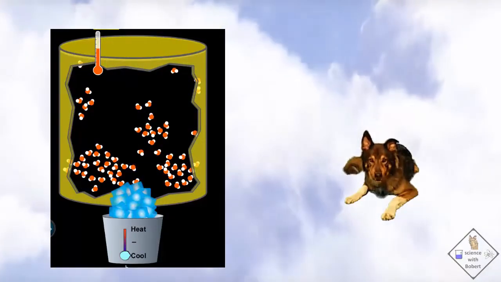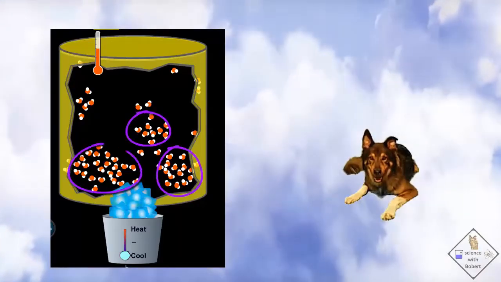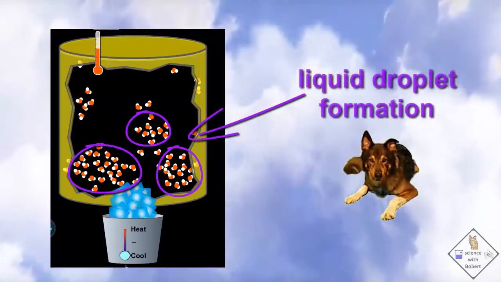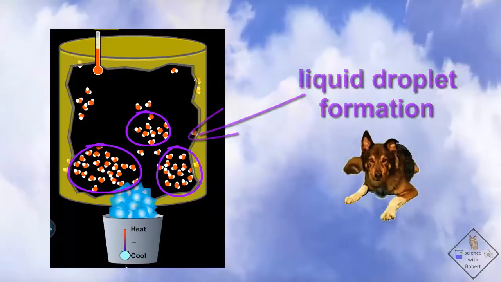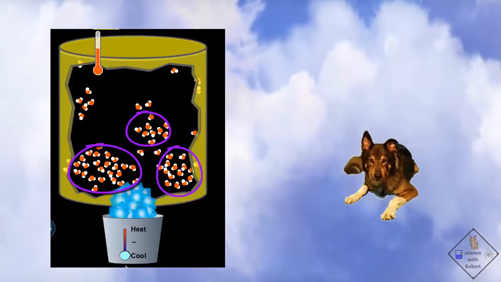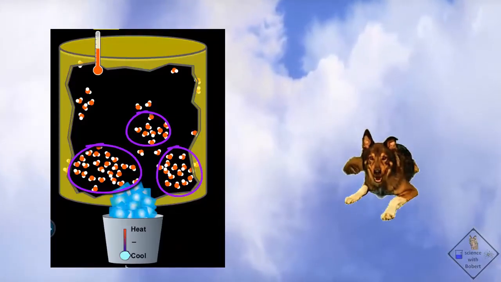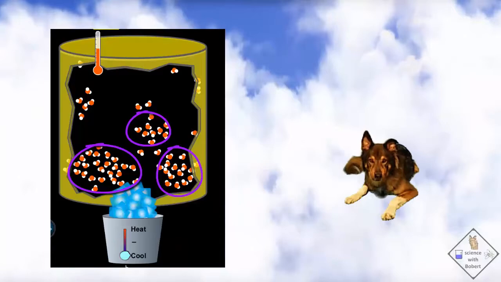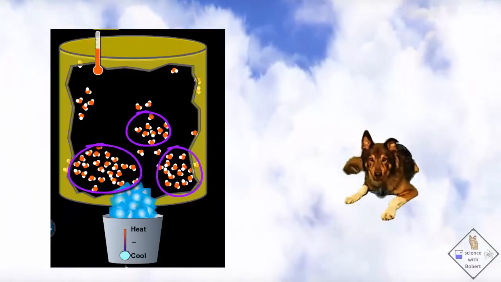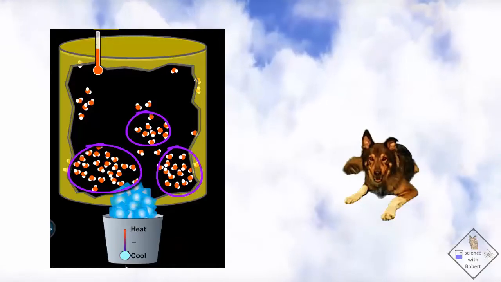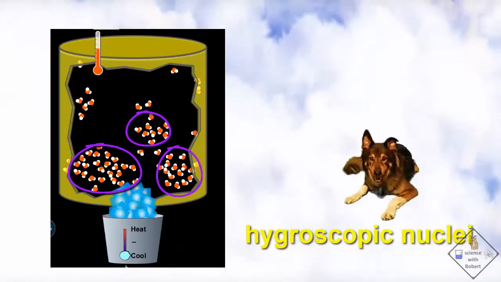Scientists who have been studying cloud formation, however, have found that this is impossible. Water gas molecules never form microscopic droplets on their own. They always need something to stick onto. They won't stick to each other at first. That means inside every single microscopic water droplet in a cloud is a very small particle. Scientists call these particles hygroscopic nuclei.